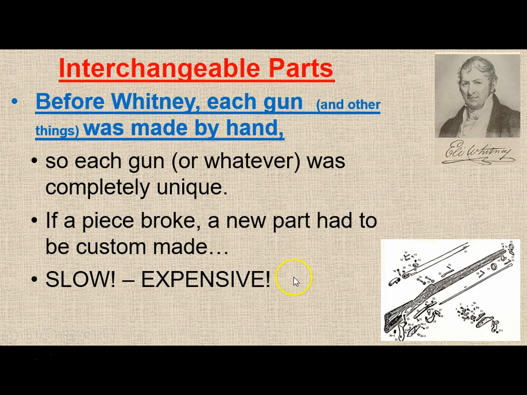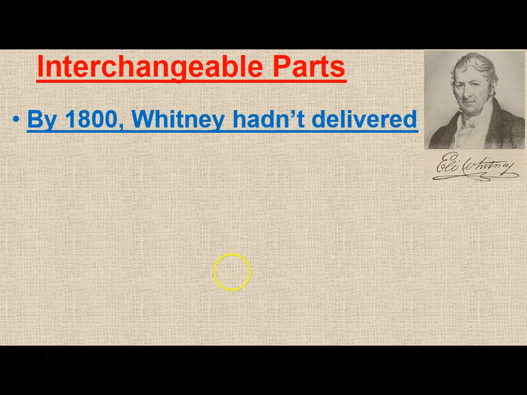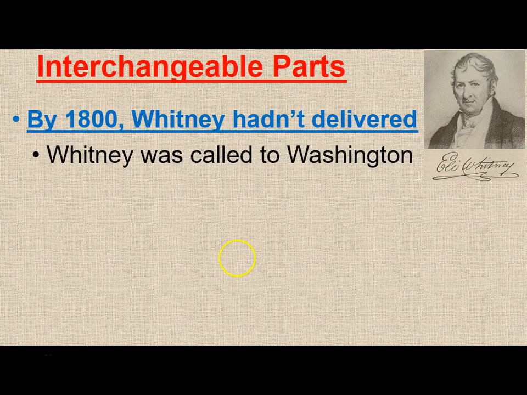And so before this, everything that was made was pretty much made by hand, skilled artisans, metal, wood, what have you. And so everything that was made basically was unique and special, and therefore it was different in a little unique way compared to anything else like it, i.e. one gun was different than another gun and the parts that were in it. It's slow and therefore things are expensive. But with interchangeable parts, in which we basically are going to have machines making very precise parts to things that people want, now we can actually take the part of one gun and interchange it with a part of another gun, and it works exactly the same. This speeds up the process of making manufactured items.